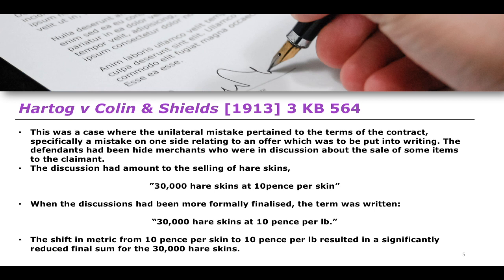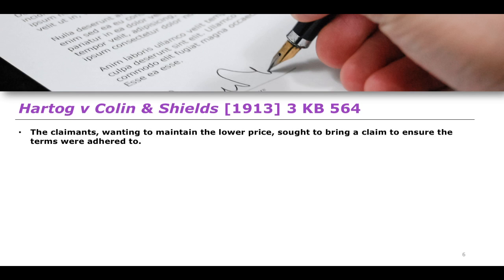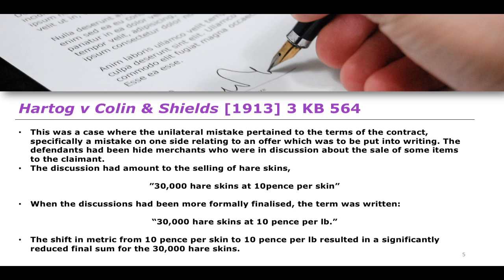Given the fact that it was not relating to each individual hare skin, it was relating to the weight of the collective of the hare skins. In fact, it was a significant reduction given the weight of hare skins on average. The claimant wanted to maintain this lower price, as you can probably imagine, and as a result sought to bring a claim to ensure that the terms that were written down had been adhered to. So the dispute that existed here was in relation to the terms which were made vocally, or orally, before the terms were put into writing,